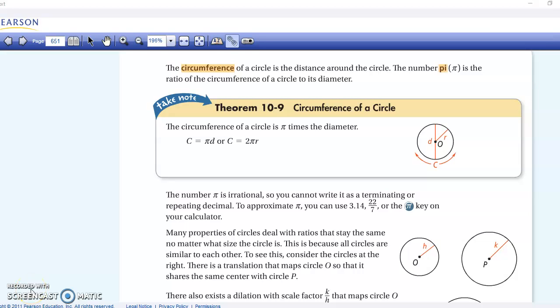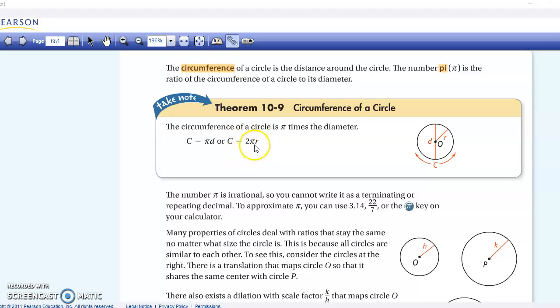Okay, we will continue with the same lesson. Now we will talk again about the circumference. Here we have the formula of the circumference. If we have the diameter, we use this one. If we have the radius, we use this. See the relation. The diameter is the double of the radius